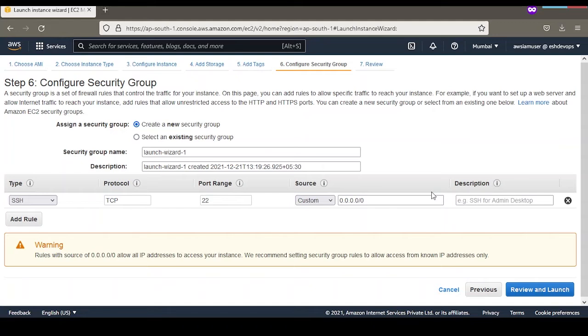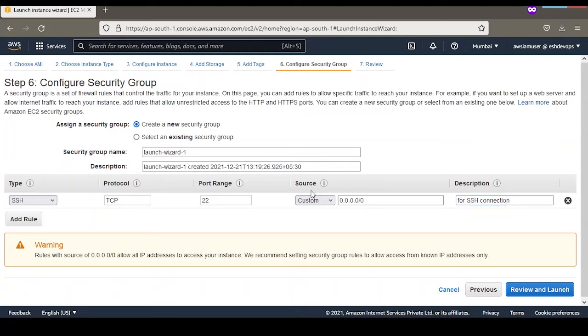If you do not enable SSH port 22, you are not able to log in, or your EC2 instance is not reachable from your machine. So to connect to your EC2 instance you have to enable port 22, and here a description is also there. You can give a description like this port is for SSH connection.